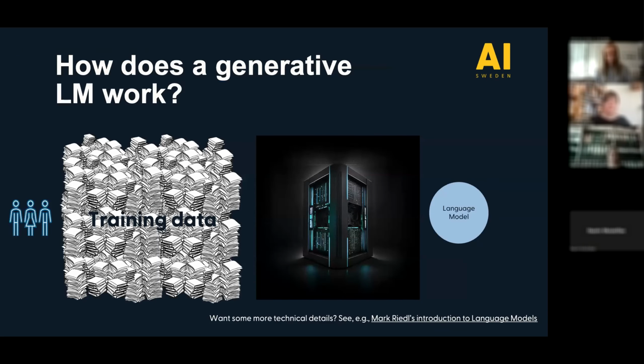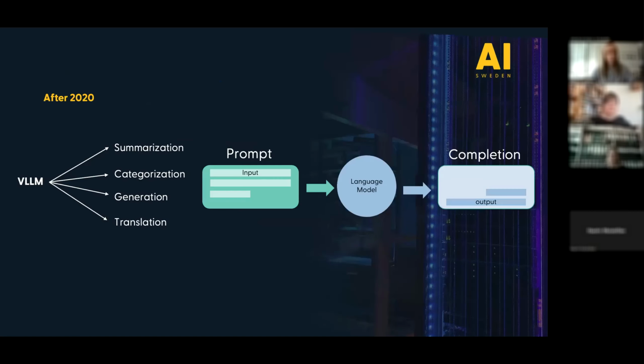But back to the generative models and how they work. So to summarize, we have a developer team that has selected the training data, usually large amounts of text data from the internet, and then trained such an autoregressive generative language model. And these models are quite powerful because what we can do with them is interact in natural language, in human language. So we provide a prompt and the model generates a likely continuation of this prompt.